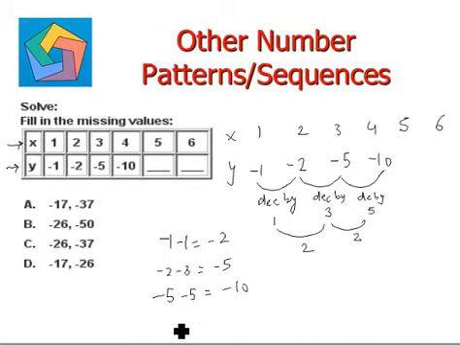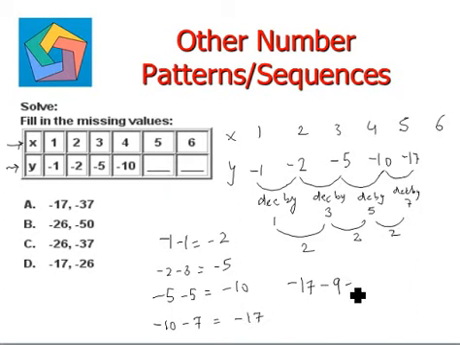Now if we decrease negative 10 by 7, the next number would be negative 17. This is decreased by 7. So here also we get the common difference of 2. Now the next number would be decreased by 9. So negative 17 when decreased by 9 we get negative 26. So here it is negative 26, decreased by 9, and also the common difference is 2.